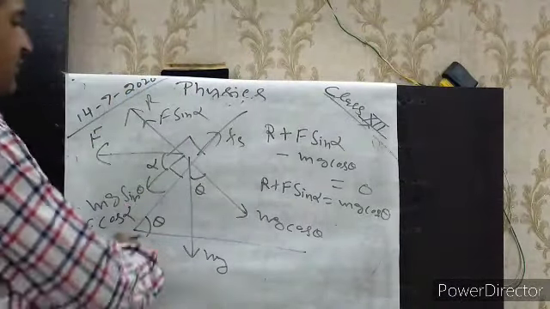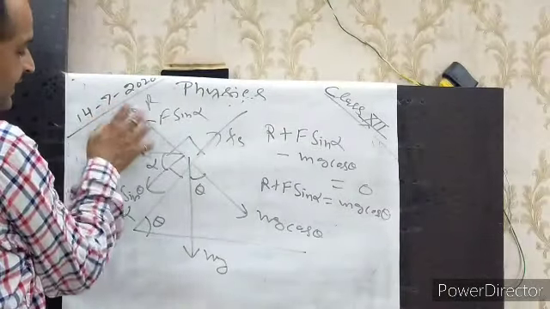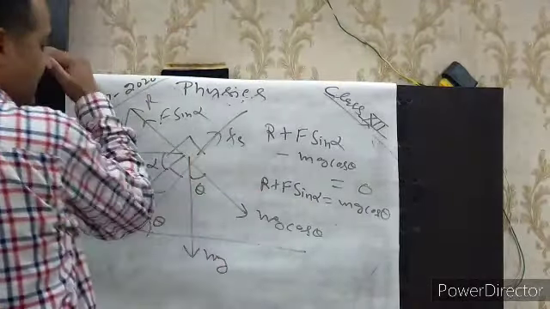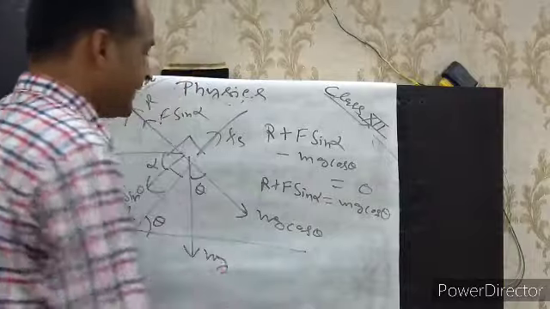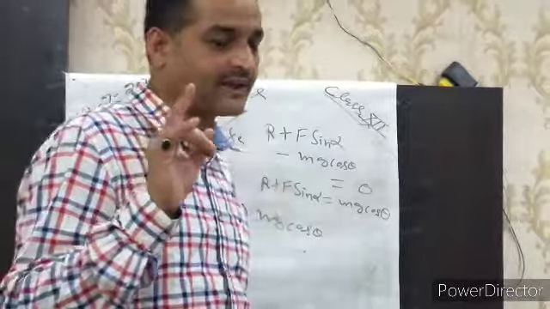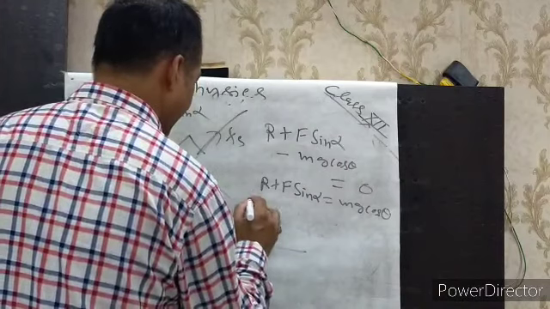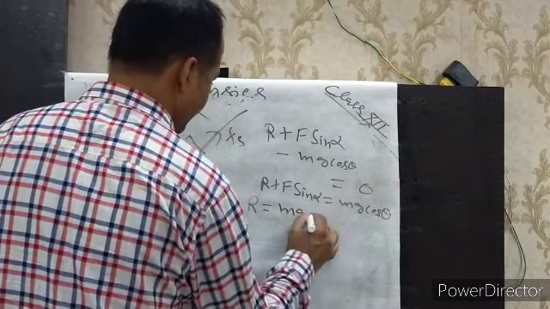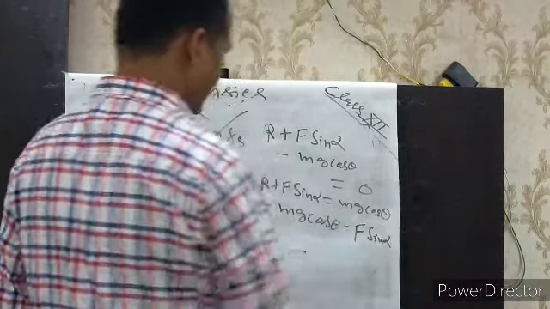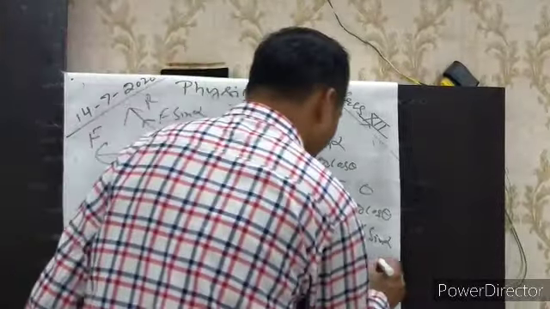This is showing that in this direction there are two forces acting, R plus F sin alpha. The sum of these two forces is equal and opposite to the force mg cos theta. R plus F sin alpha in this direction is equal and opposite to mg cos theta. That's why the body is not moving in this direction. Now what we have to do, I have already explained. From this equation you will get capital R. So this is capital R. Capital R is equal to mg cos theta minus F sin alpha. Clear? mg cos theta minus F sin alpha. From here we will find capital R.